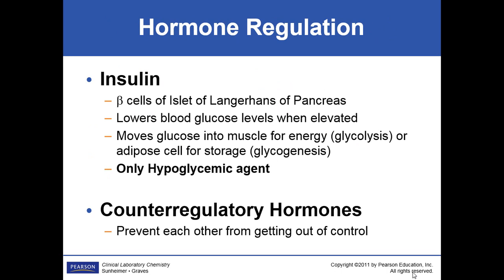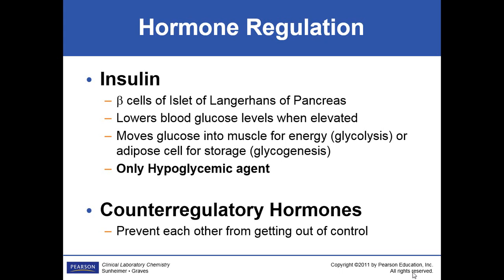We know that we ingest glucose, and then we have a regulation mechanism, and we've all heard of insulin. It is produced by the beta cells in the islets of Langerhans of the pancreas. That's the only thing it really makes. And it will lower your glucose. It's going to get it where it needs to go and break it down for use, okay?